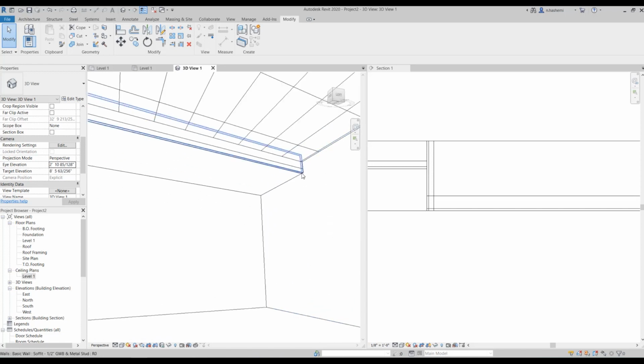Now, as you can see, these lines over here show that this joint is not clean. It's a little bit tricky here, but I'm going to show you what to do to fix this issue.